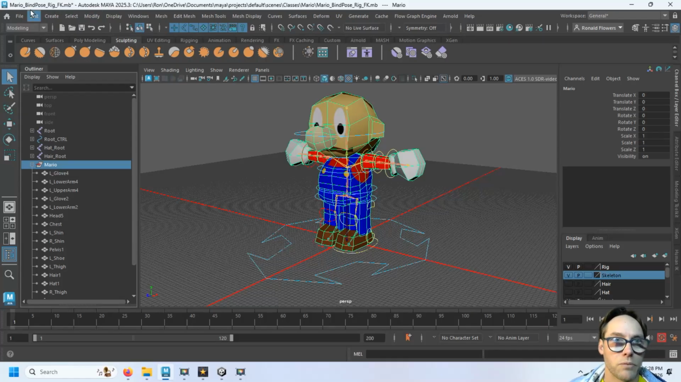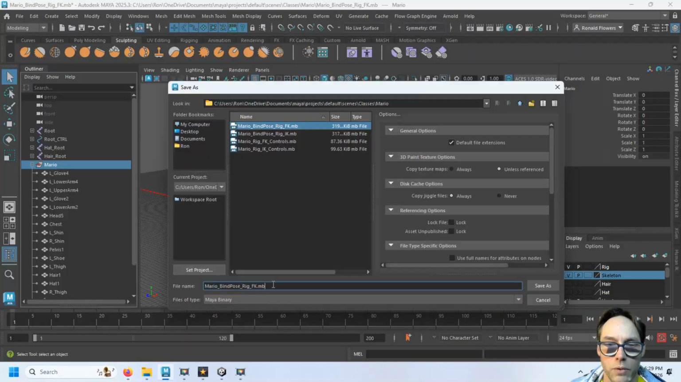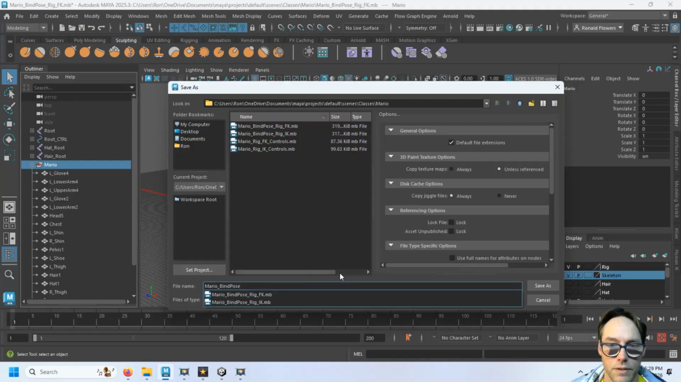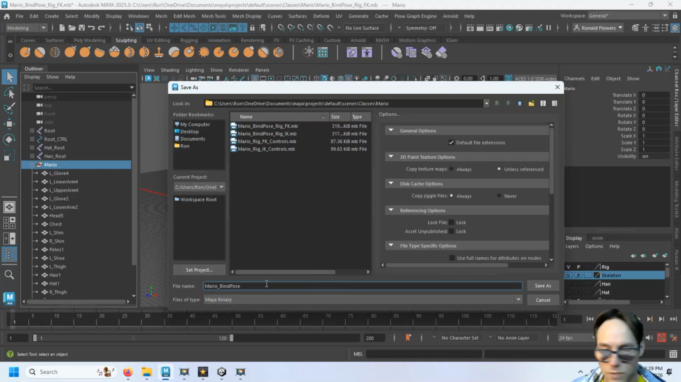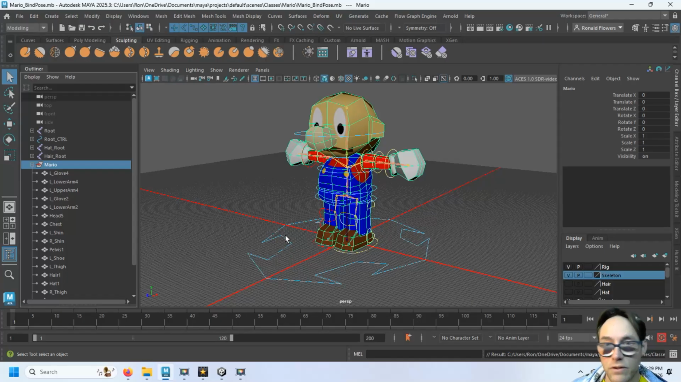So this one is Mario bind pose underscore rig underscore FK, right? What I would do is, if you have your character with the rig on it, I would go File, Save As, and I would make one with Mario without the rig. So I would just say Mario underscore bind pose. And this is just going to be a simple Maya file. Okay, so Mario bind pose, no rig attachment, nothing like that. Save. And I would delete the rig, because if you were to export this right now, and I'll show you that,